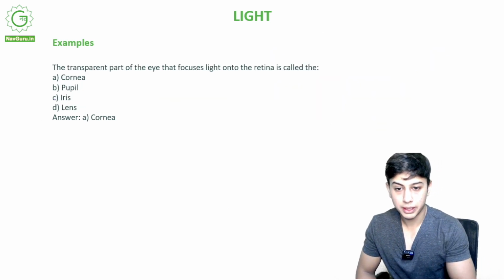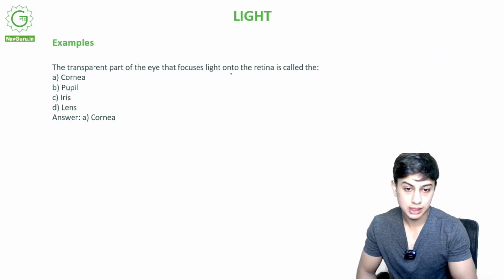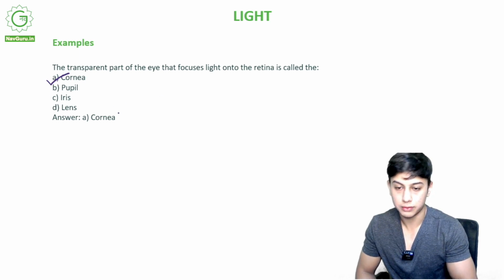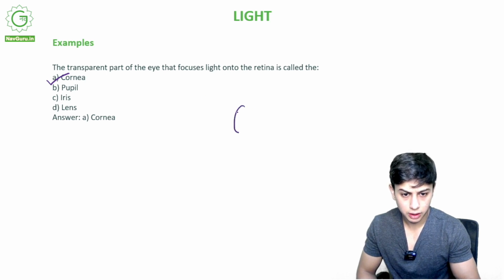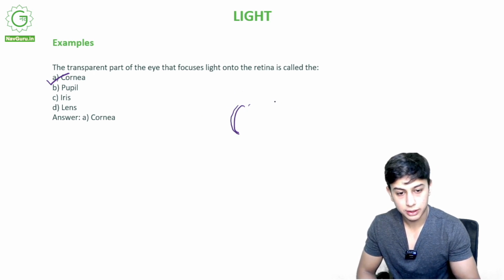The transparent part of the eye that focuses light onto the retina is called cornea. Alright, the transparent part of the eye, this is the eye. Okay, there is cornea over this. Okay, it helps us focus light onto the retina on the back of the eye, that is cornea. Okay,